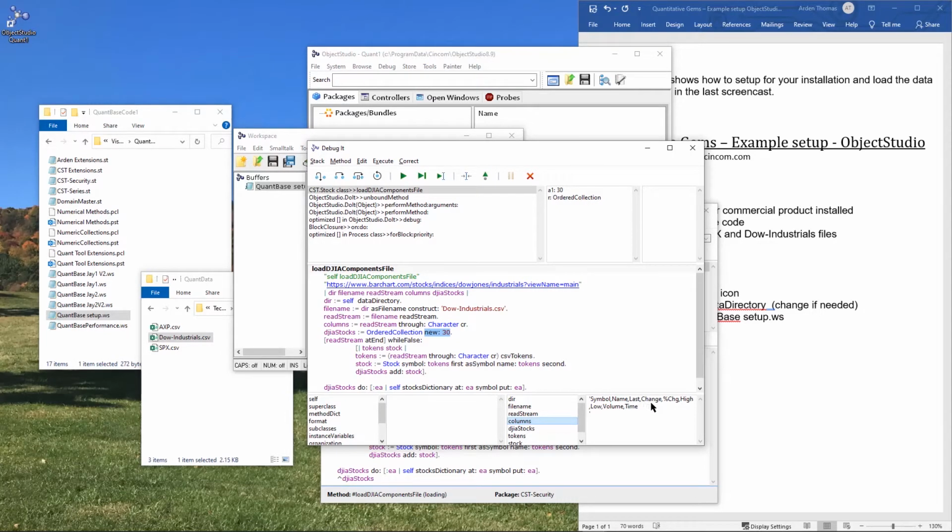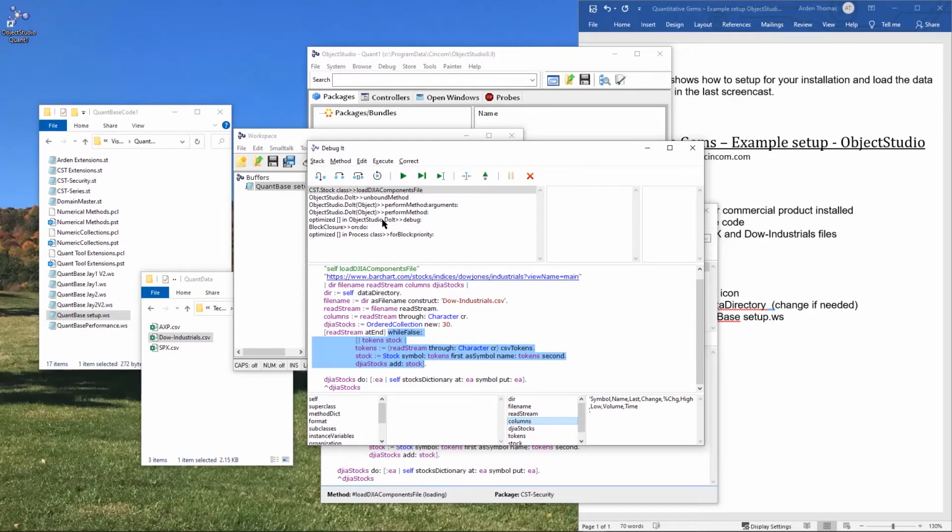I know I have 30 stocks, so I'm going to create an ordered collection. And then for each one of these, while the read stream at end is false, I'm going to do this. Read stream through character CR, carriage return, CSV tokens. What will that do? That will parse